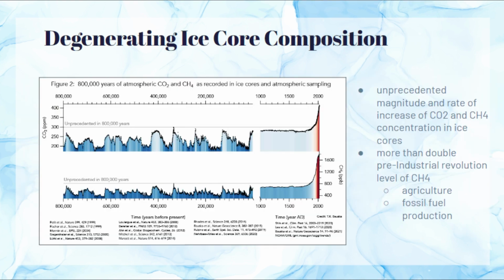These measurements can be compiled to view trends across eras, as shown by this graph. It graphs the concentrations of carbon dioxide and methane, some of the biggest contributors to the greenhouse effect, against time, and the increase in the current era is indubitably unprecedented. These values were similarly obtained from the ICP-MS instrument and can be attributed to human activity, such as agriculture and